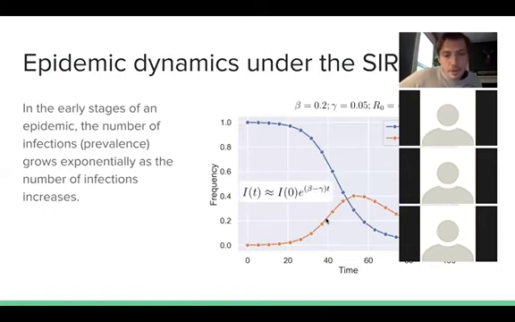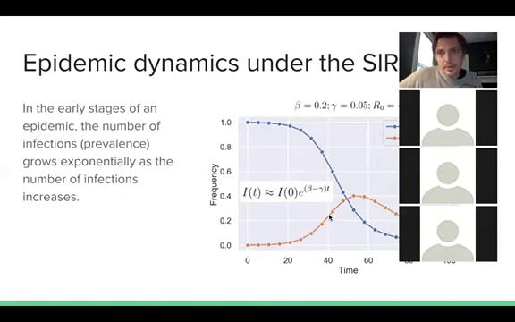And so during the early stages of an epidemic, we can actually approximate the rate of growth of the number of infected individuals pretty accurately, just assuming an exponential growth model where the rate of growth will be equal to the transmission rate minus the recovery rate. But over time, what happens is that eventually there'll be a depletion of susceptible hosts, right? The fraction of susceptible hosts shown in this blue line begins to plummet. And eventually we reach an inflection point where instead of